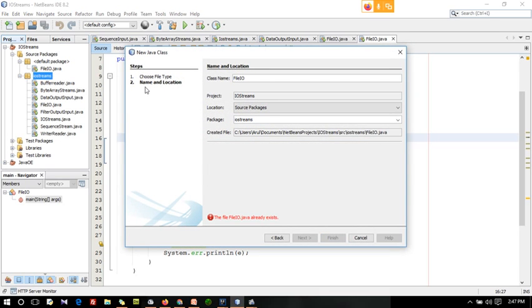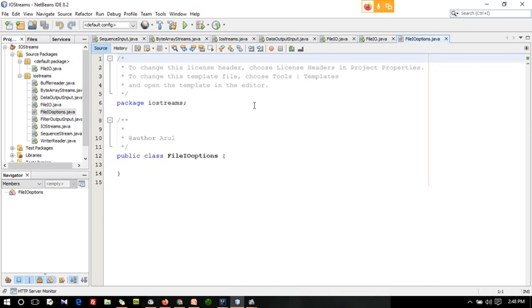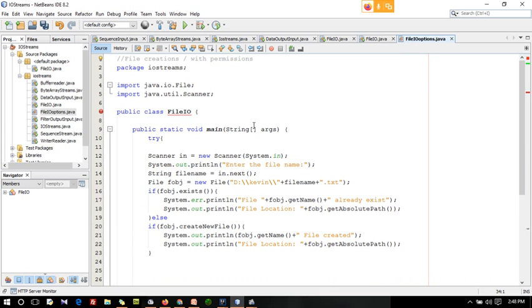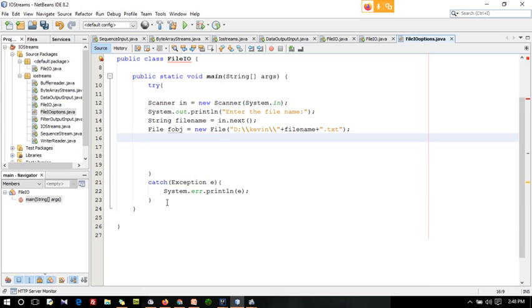File IO options. I can have it like this. I will copy all the code and remove whatever we don't want. I will remove everything inside, up to this. Okay, so here we are getting the